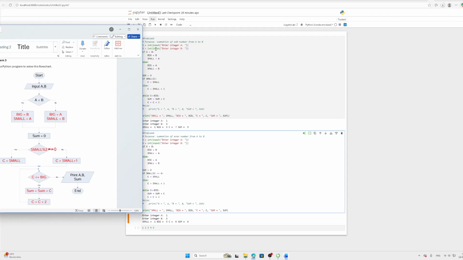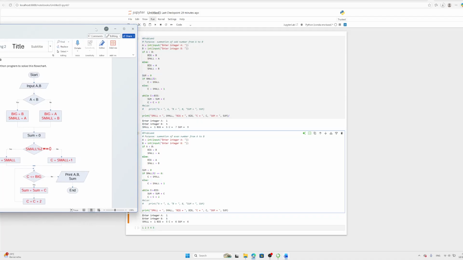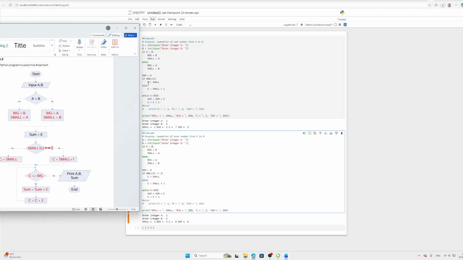You have an input A and B, and then compare A less than B. Let's go to this side. Big equal to B and small equal to A. Otherwise, big equal to A and small equal to B. We have the initial value for the sum equal to 0 right here, and then we have if small